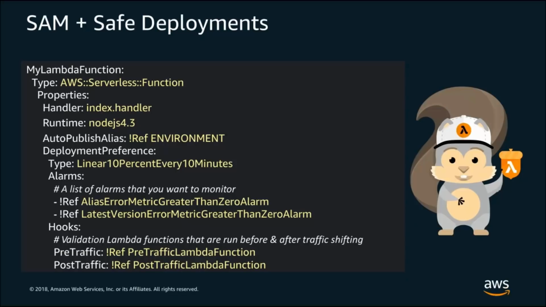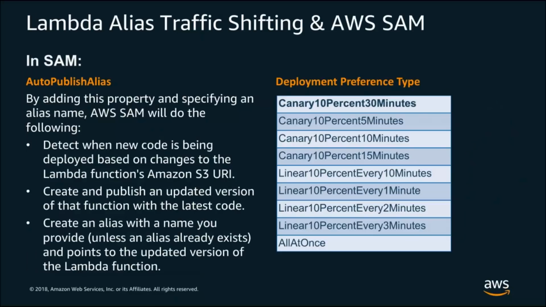So we actually combine this to do some really interesting things. One of the other capabilities that we have here of SAM is something called safe deployments. So safe deployments are a capability built on top of a functionality of Lambda, which is called alias traffic shifting. And so inside of Lambda, we have the ability for you to say, take a certain percentage of traffic and shift it to a certain version alias of my code. And this allows you to do really great, safe, controlled deployments of code out to, say, a very small percentage of your customer base without flipping the switch on all of the traffic going to a new way. And so with this, what are required are two key things.